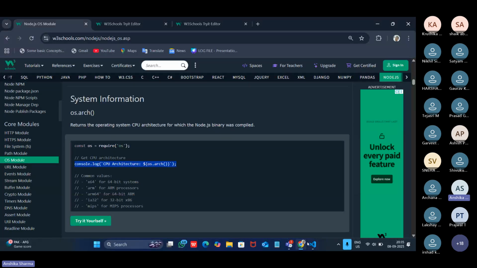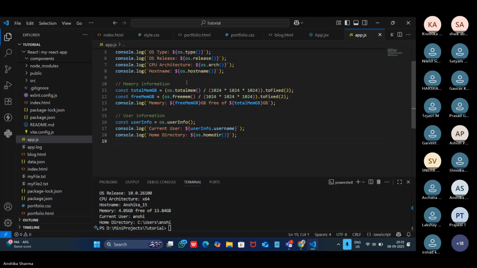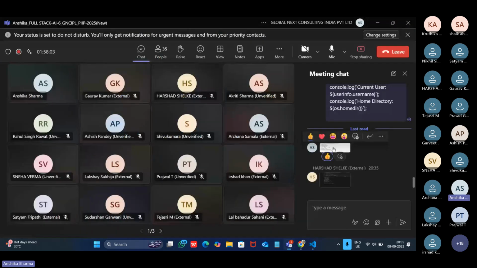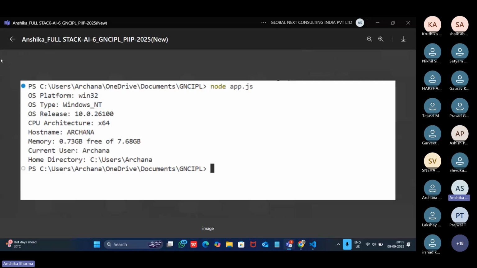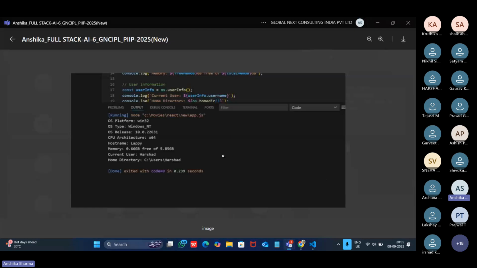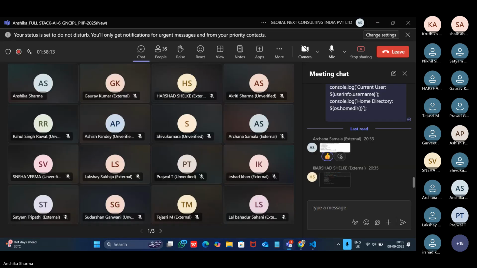We have already run this, and we got x64. You all have also got similar information. Like for Arjuna, it was also x64, which is 64-bit CPU, and for Harshal, it is 64-bit. That's correct. Good. Good job.